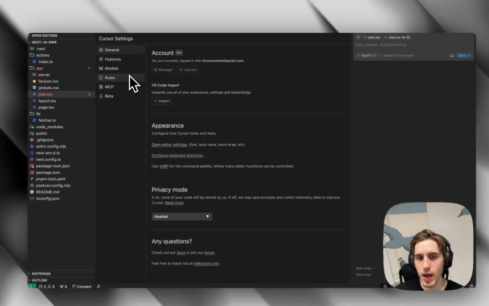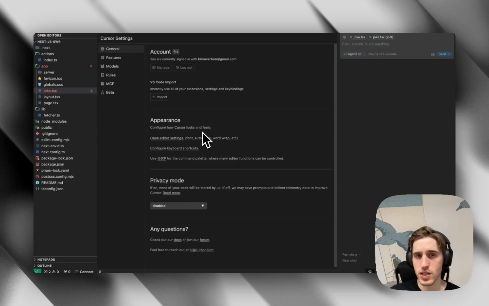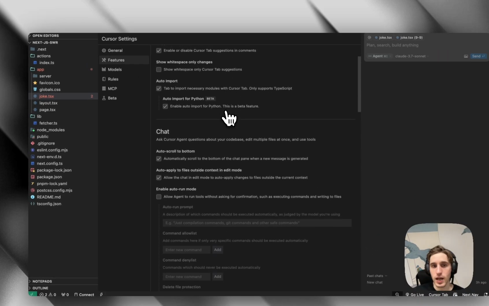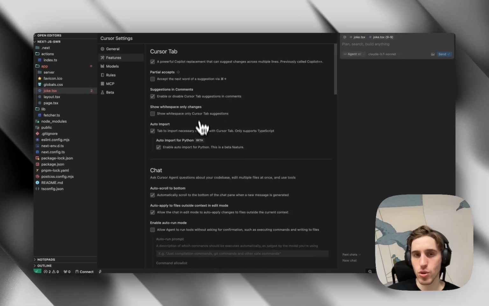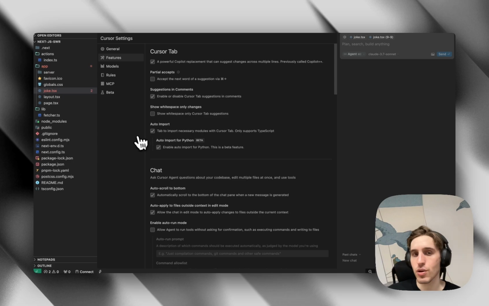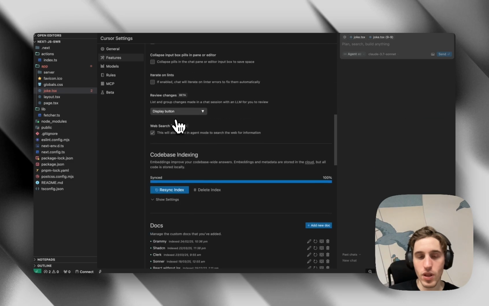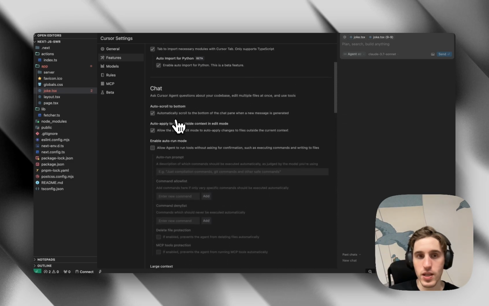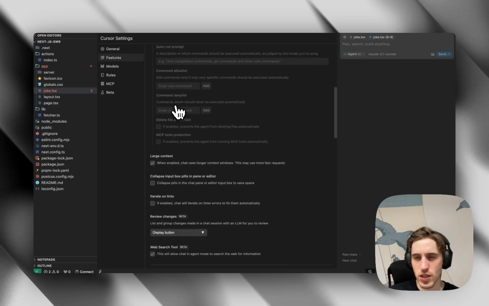For the general tab, we have all the appearance settings, import for the VS Code settings and other. For the features, we have a couple of things. You can read it all yourself. It's pretty much self-explanatory, or you can just copy what I've done. For example, I enabled the auto import because for me it's quite useful. Also, you can just check all the settings. I will scroll like this so you can see,